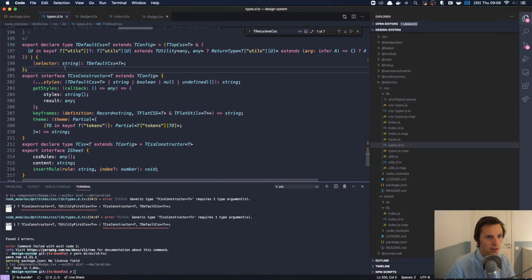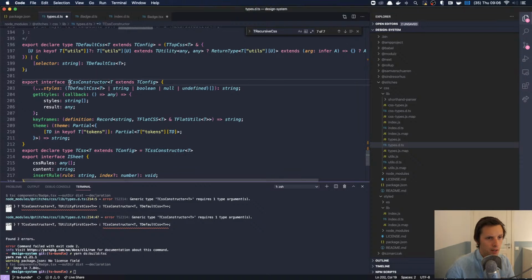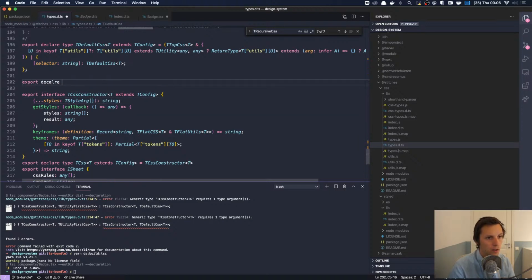So what if we create a type for this thing? T style arg export declare. I have no idea what this means. Why does it have declare? Well, this does not have declare. No idea.